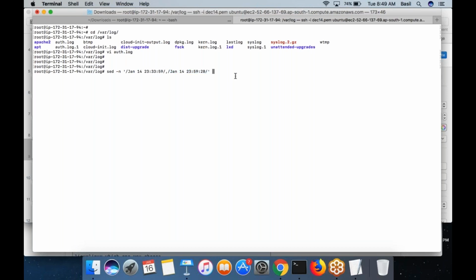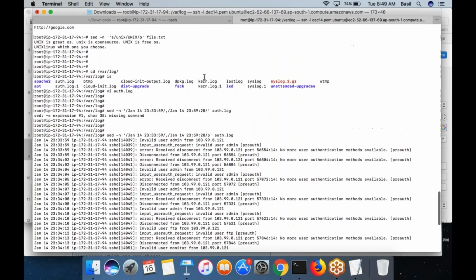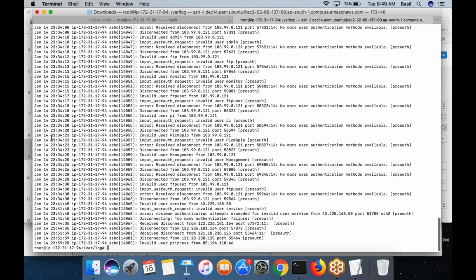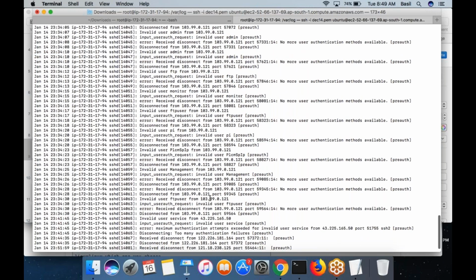At the end, you are going to put the file name auth.log. There is some error. I did not use the p switch. I need to put p. That would actually print. Now you can see only between this time and this time, whatever log entries are there got printed.